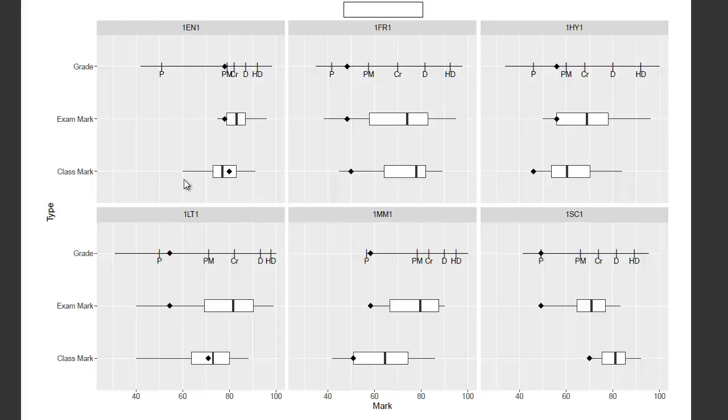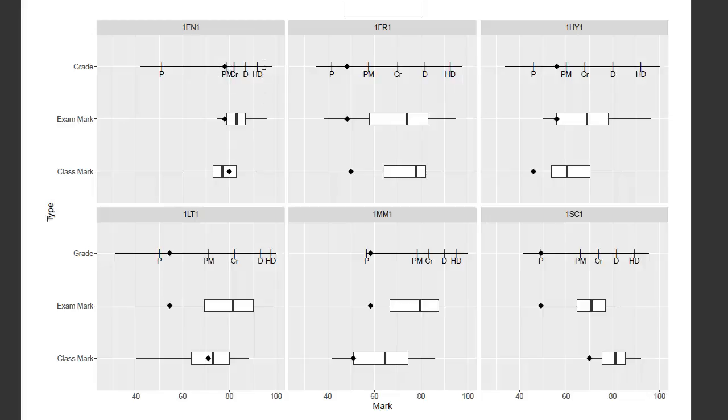In the same sort of way, we look at English up here. You can see he was actually performing in the upper half of his class. Probably this line here would have been about 6th in the class, and this would have been 12th, so he's probably about 8th in his class in class mark. But among his peers on how they went in the examination, he was down here, he's probably about 18th or something like that. But you can see here, he's still got a P, but he's just off a